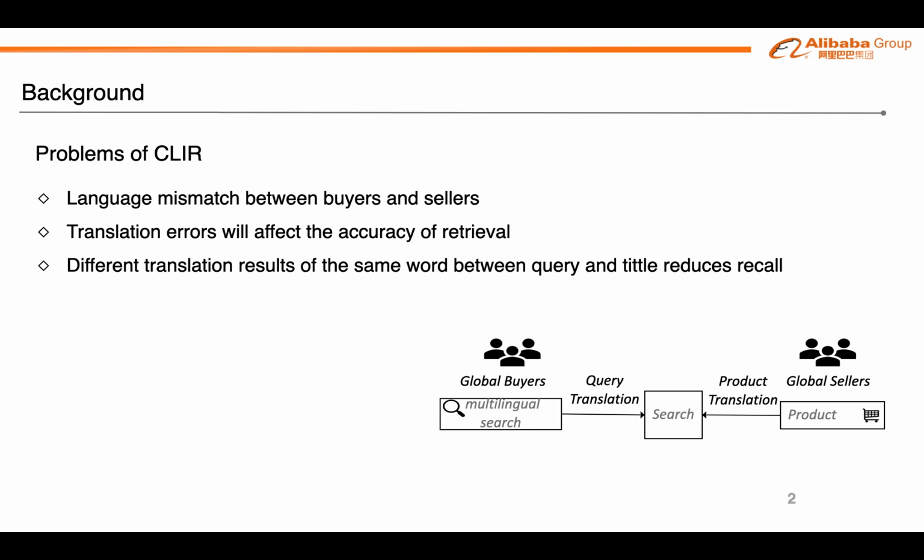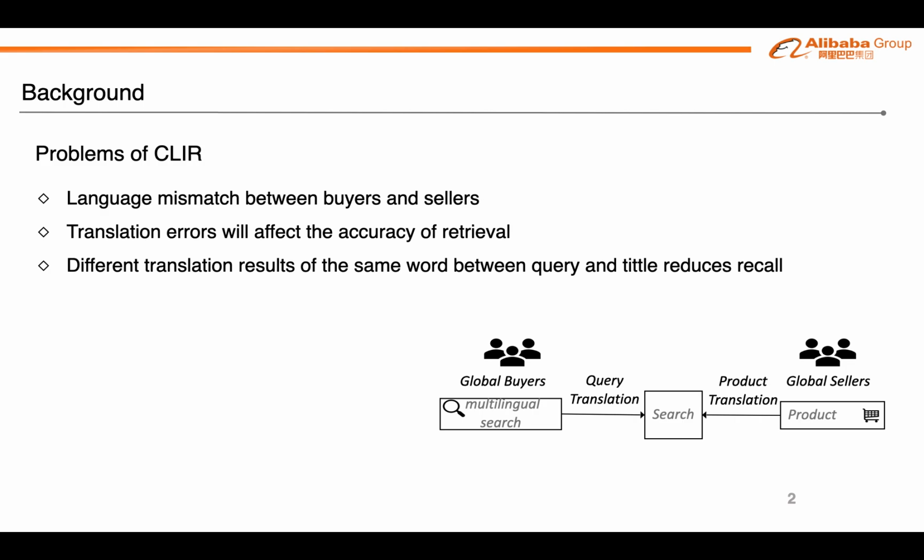Firstly, the languages of buyers and sellers are different. For example, in the scenario of AliExpress, the buyer may come from Russia and the product he wants to buy is sold by Chinese sellers. Secondly, because the query is multilingual, cross-lingual information retrieval usually translates it to the language of the search index for downstream retrieval. So if a translation error occurs, the buyer will fail to see products which are related to their intents.